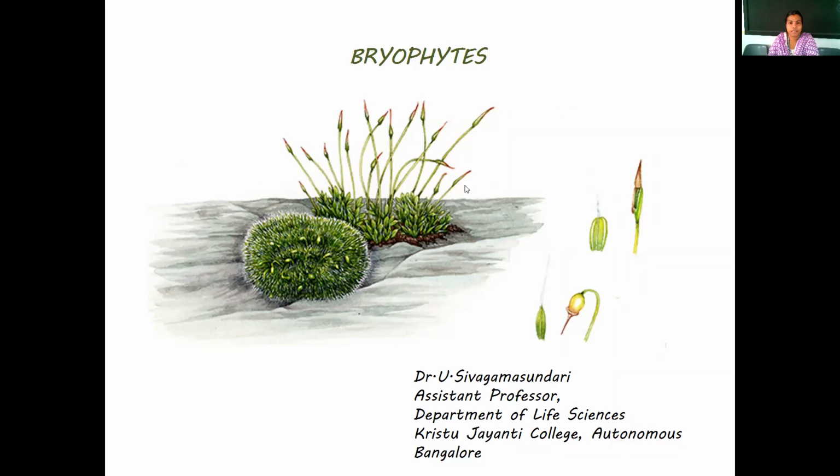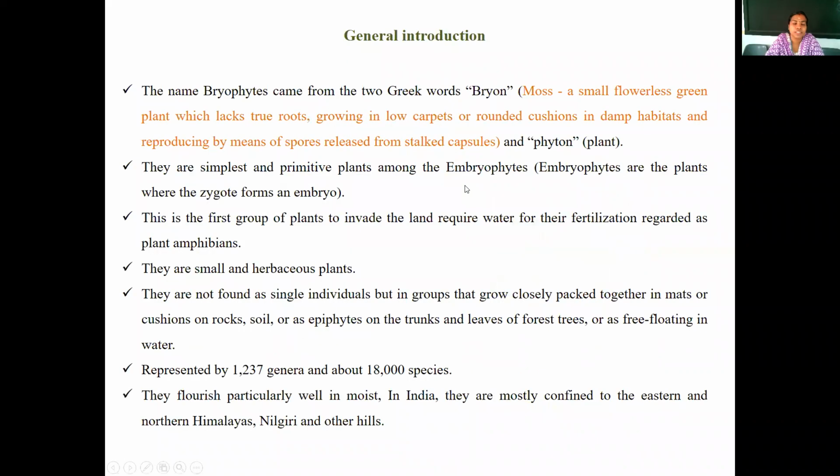So let me share the slide. Coming to the general introduction, the name bryophytes came from two Greek words, bryon and phyton. Bryon means moss, a small flowerless green plant which lacks true roots, growing in low carpets or rounded cushions in damp habitats and reproducing by means of spores released from the stalked capsule, and phyton means plant. So bryophytes are the simplest and most primitive plants among the